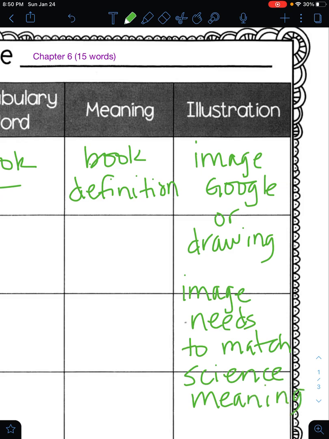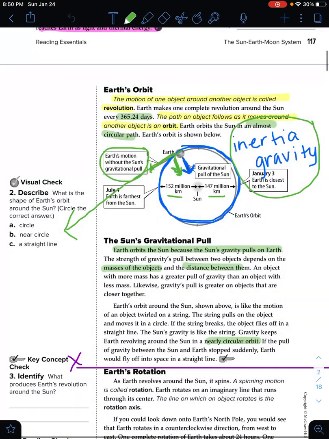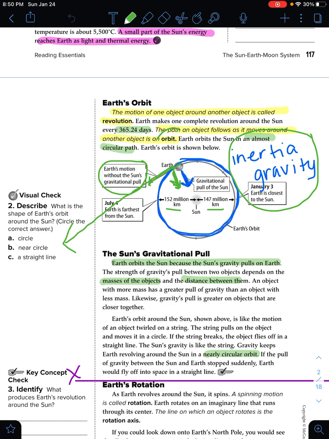So, for example, in this first part of the lesson, we had the word orbit. Well, I'm really not looking for the orbit gum, okay? So I have the word revolution. I'm really not looking for something having to do with war, all right? So your images need to match what the science meaning of that word is, and that's going to help you learn that meaning, okay? Alrighty, so keep working on your vocab. Get at least these words done that came from today's reading, and reach out if you